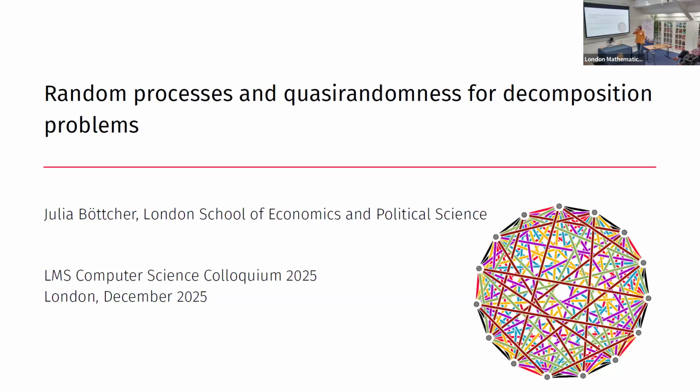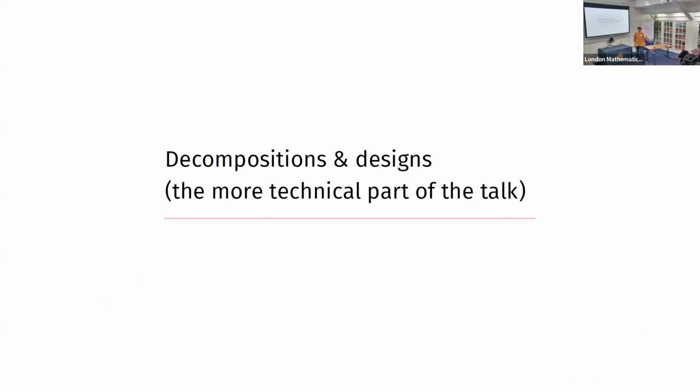So my topic is really I want to talk about decomposition problems and how we use random processes and also quasi-randomness in order to address these kind of problems. And of course, I should carefully introduce all these things and also say what I mean by this and give you some examples. So that's what I will do in the first part of the talk, which is maybe the more technical part, where I also try to give you a feeling of what kind of methods people use, and I will have some